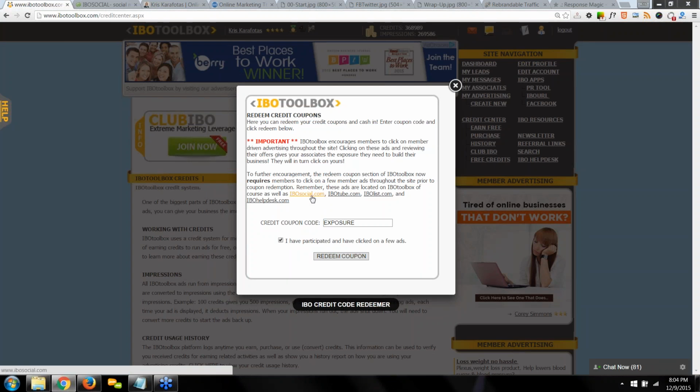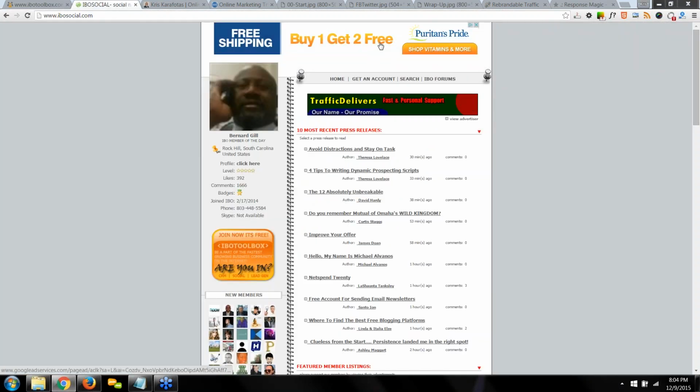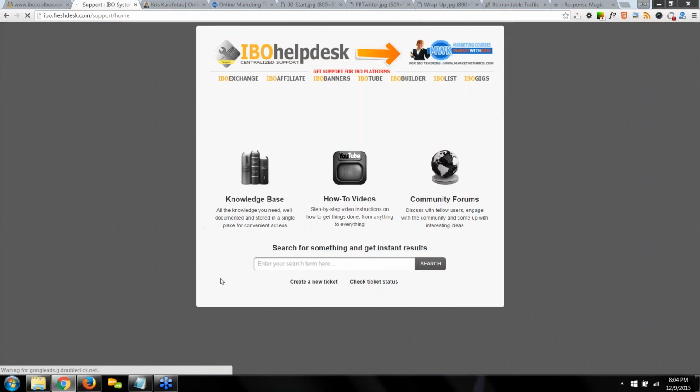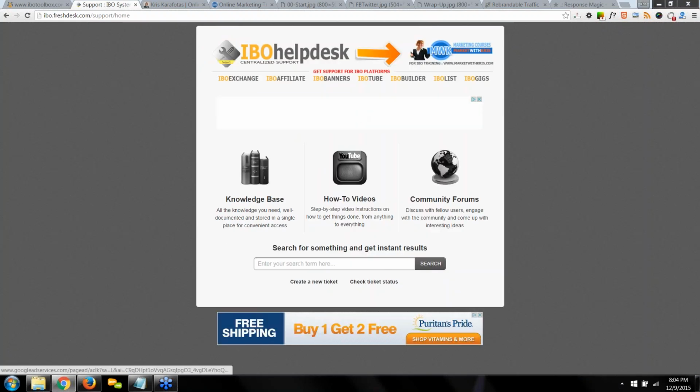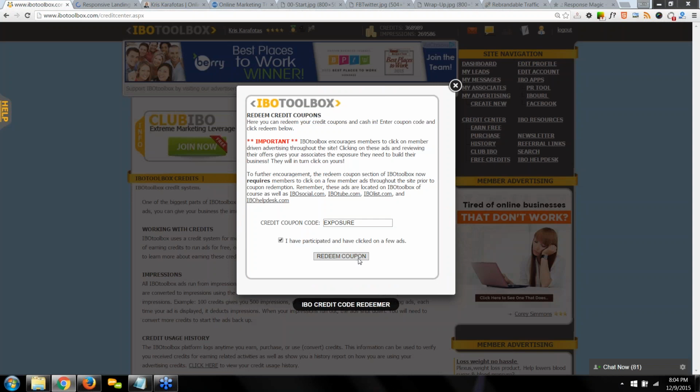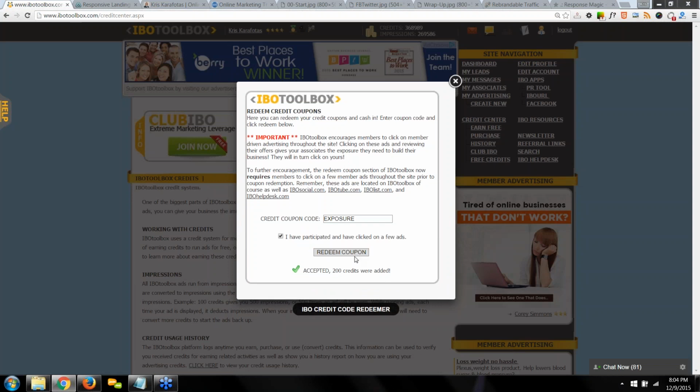Just simply visit a few of these sites and click on an ad. I'm going to go back to IBO Social and click on this one. And I am going to go to the help desk and click on this one here. Okay, and again, it all helps keep IBOtoolbox free for all of us. Then simply click on Redeem Coupon. It says accepted, 200 credits were added.